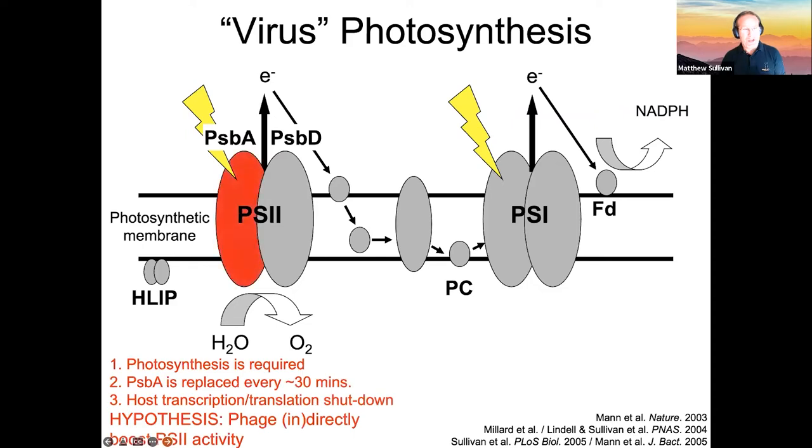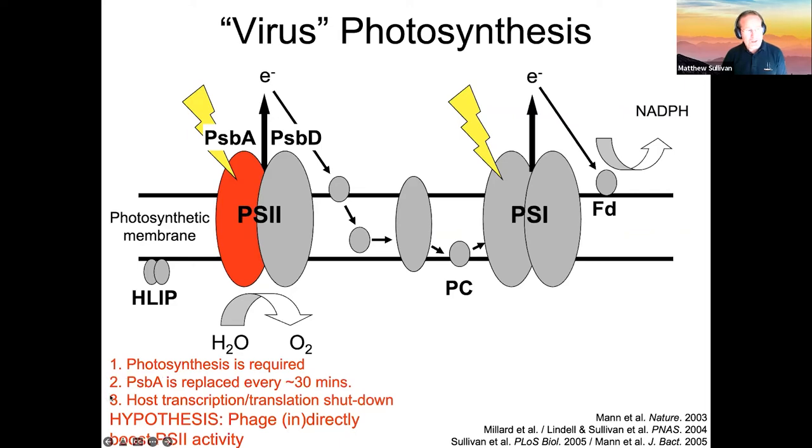The viruses are probably randomly sampling the host DNA, and those genes which improve viral fitness stick. One of those genes that sticks or fixes is PSBA. And this is the gene which encodes the core reaction center protein in PS2. And we know from culture-based work that if you turn off the lights or you poison PS2 with DCMU, then you don't get cyanobacterial viruses. So we know that cyanobacterial viruses require photosynthesis to be able to make new viral particles.